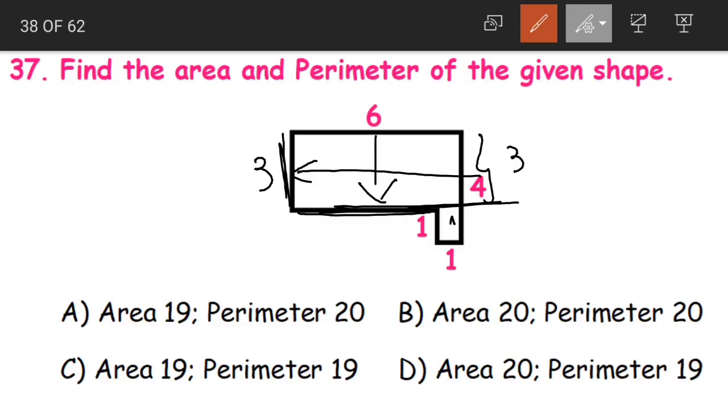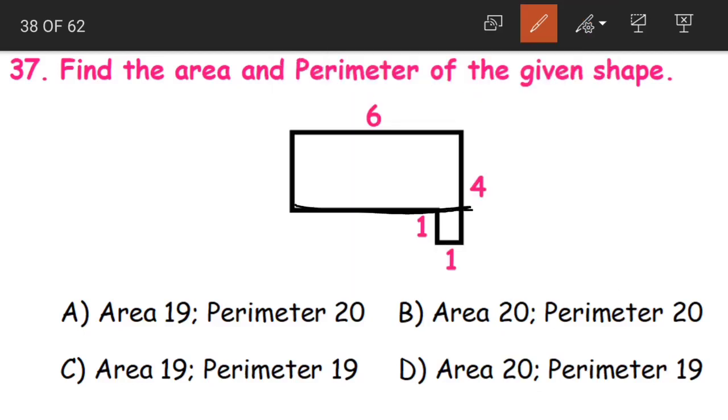No. See here, if it was like this, then this entire length will become 6. But here, this is missing. What is missing here? This part is missing. How much is the length of that part? If you look at the opposite side, it is 1. So 1 is missing from the entire length. So 6 minus 1 becomes 5. 5 becomes the length of this side. You just have to subtract the side that is not there. So 6 minus 1, 5. This is 3. Now the perimeter is easy to solve.